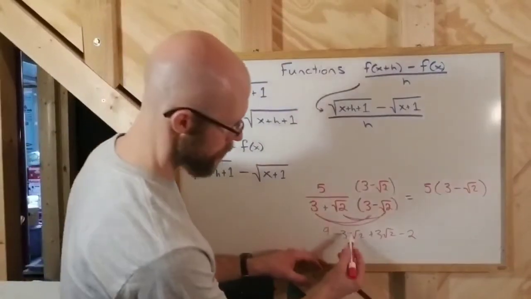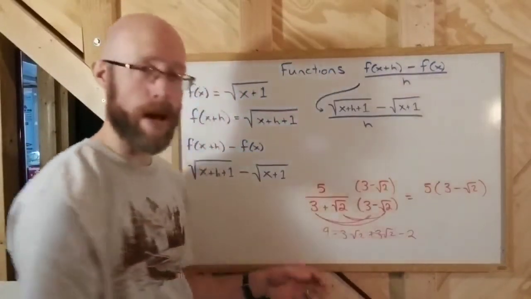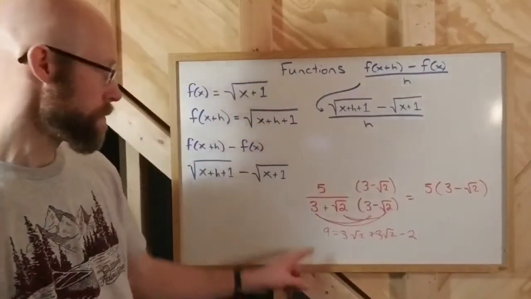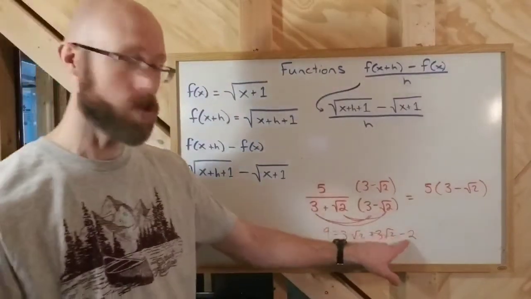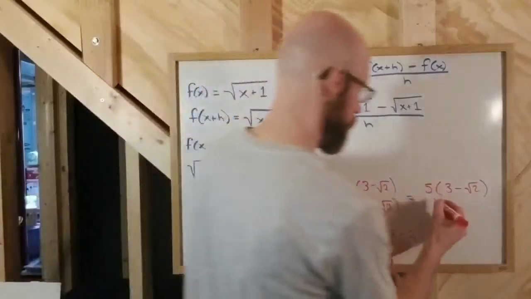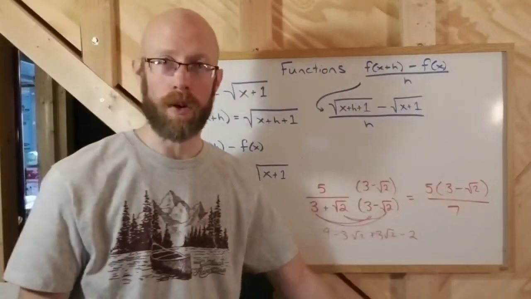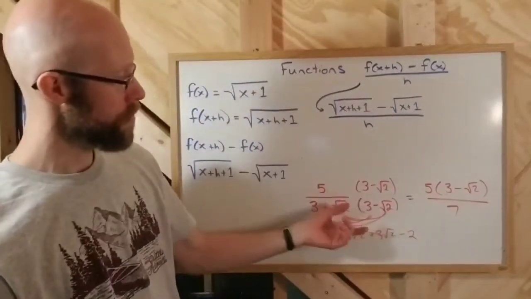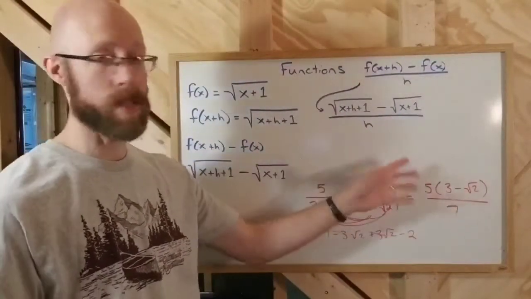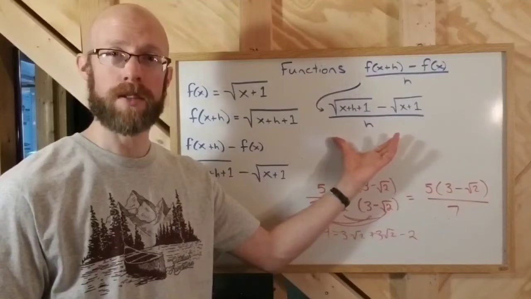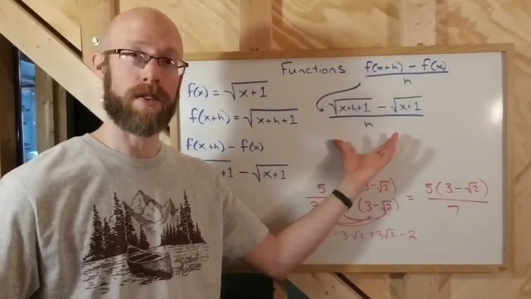The two terms in the middle, minus 3 root 2 plus 3 root 2, add up to 0, so they cancel out. And you end up with 9 minus 2, which is just 7. And all of a sudden, I have no roots on the bottom. That's the goal. Well, here, the reason I'm going through this is because in this example, I want to rationalize